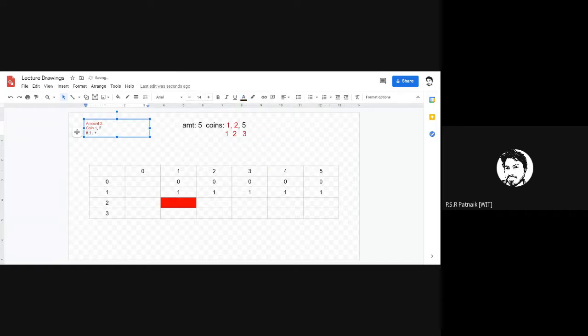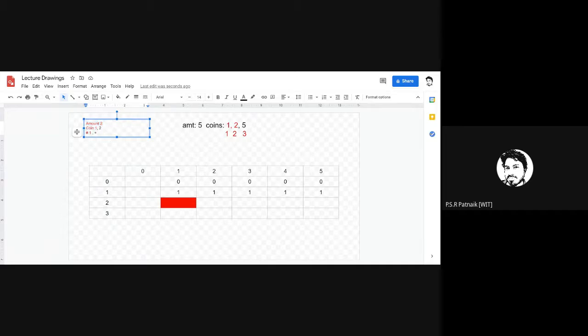Now I have added another coin to it, coin 2. When I add another coin, what is my newer problem? The earlier problem was amount 2 and coin 1. Now my new problem is amount 2, coin 1 and coin 2, right? Technically, can I build a solution to this newer problem, amount 2 with 2 coins, based on the solution I already have for the earlier problem?